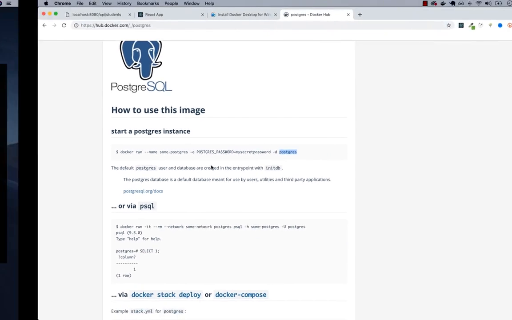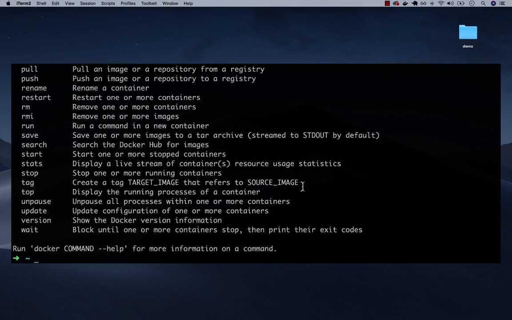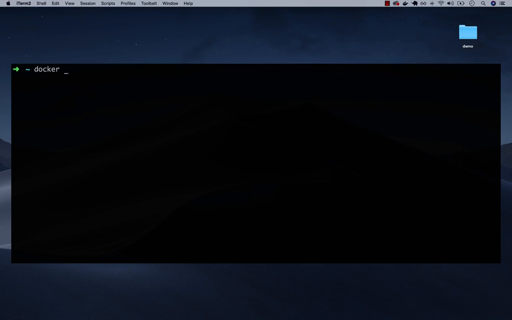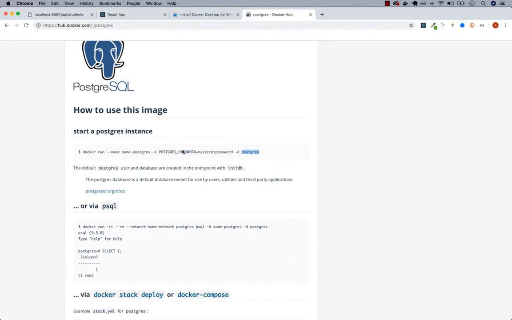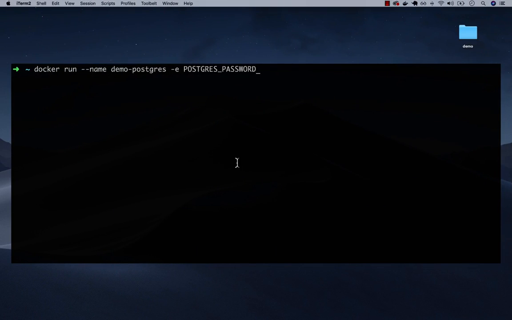Let me go back to the terminal, and if I clear the screen, I'm going to say docker run and then --name. In my case, I'm going to name it demo-postgres, and then -e for environment variable, POSTGRES_PASSWORD. So you can see what I'm doing, go ahead and give it a password. For me, I'm going to leave it as password,